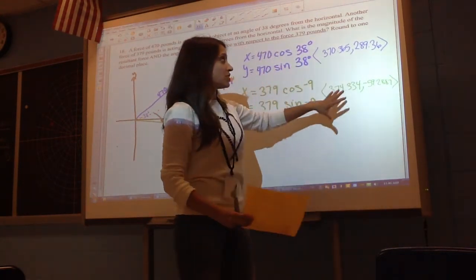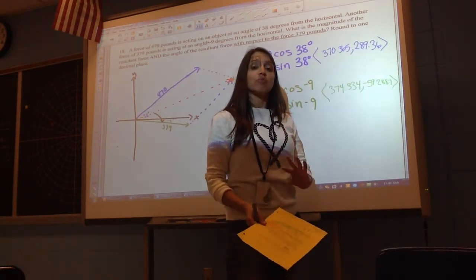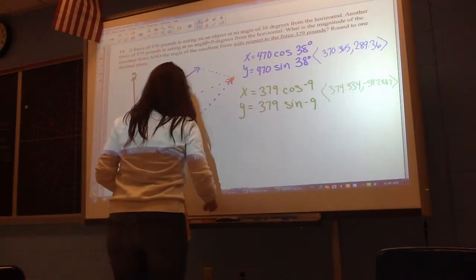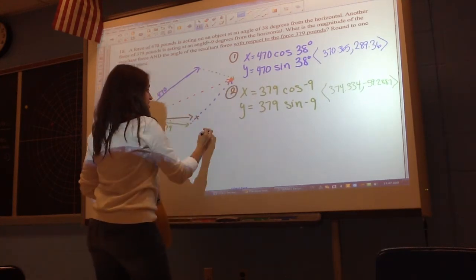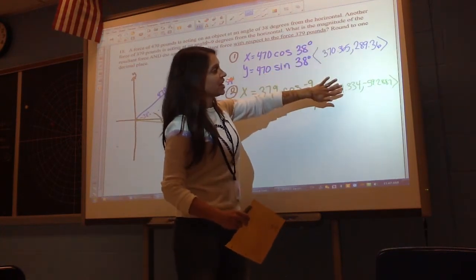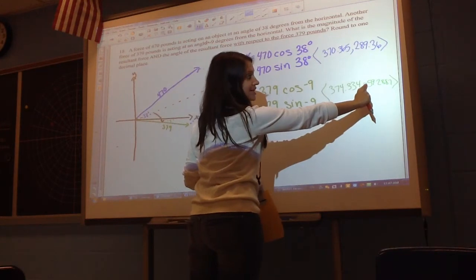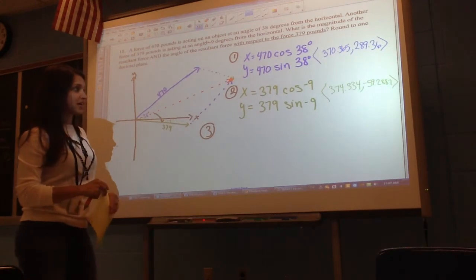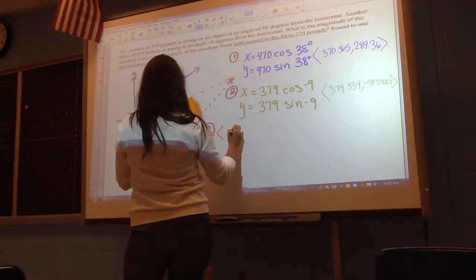Now, if you notice, I'm leaving a lot of decimals. I'm not finished with this problem yet. So I should hold off on rounding until the end. Okay. This was step 1 and step 2. Find the components of your original vectors. Step 3, add those components together. I add my x's, I add my y's together. One thing I wanted to touch on, this is a negative y value. We are in the 4th quadrant. It should be negative. So step 3, add these vectors together, and I get